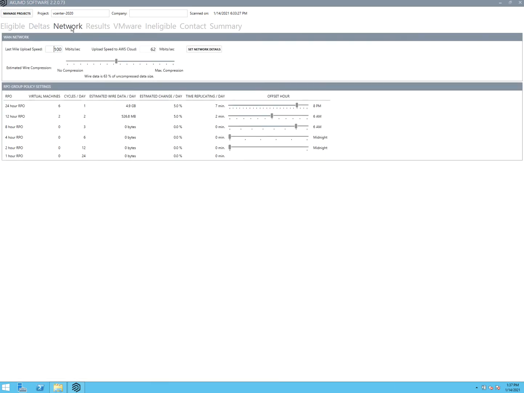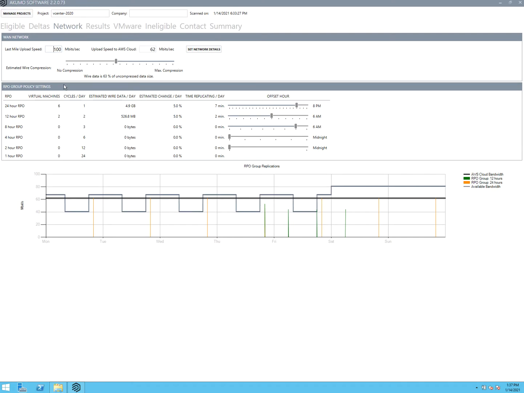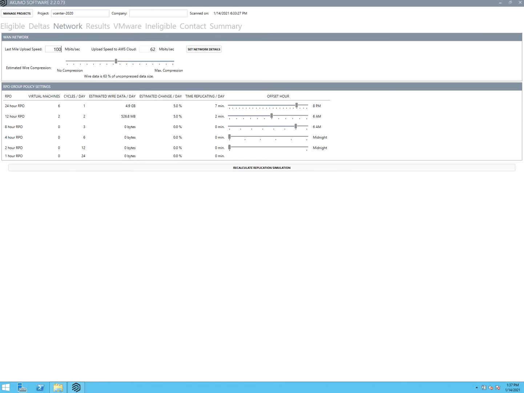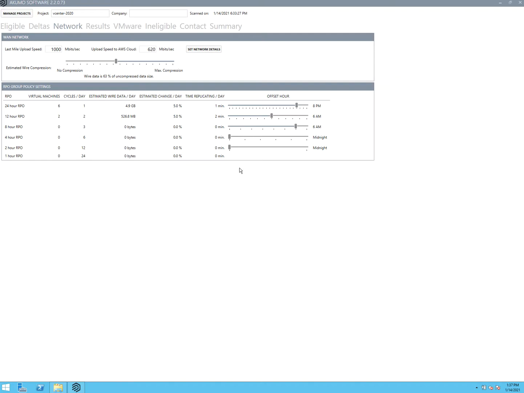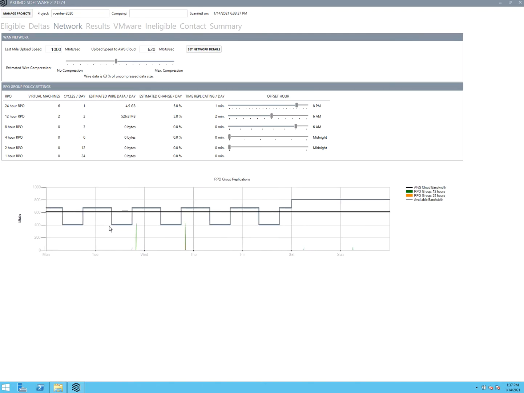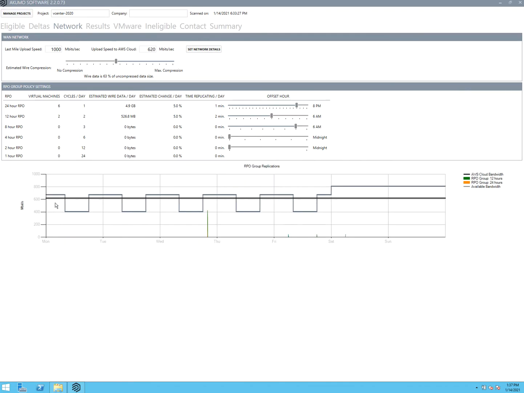In the network view, this allows you to simulate your network. So let's say that you have a gigabit network in the environment, and let's say that is 1,000 megabits per second, and let's say your last mile out of your network to AWS is roughly 60%. You can then recalculate this, and what this is telling you is that based on bandwidth throttling, which the Akumo product actually does during data protection,